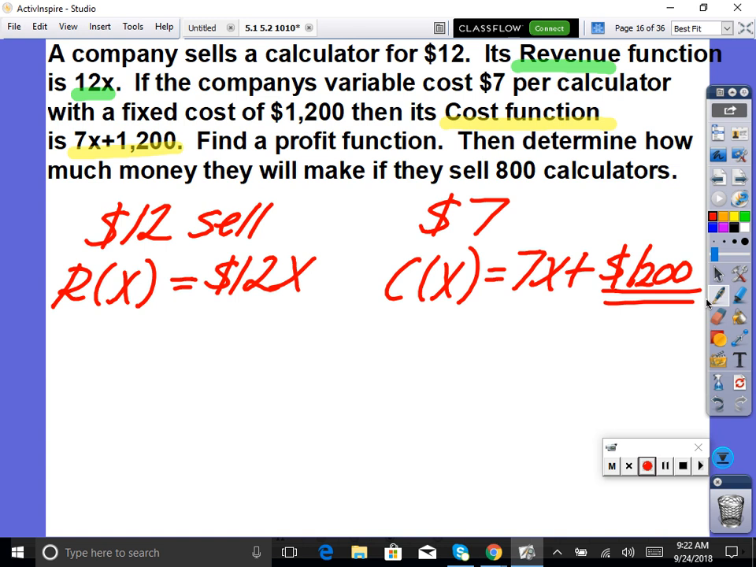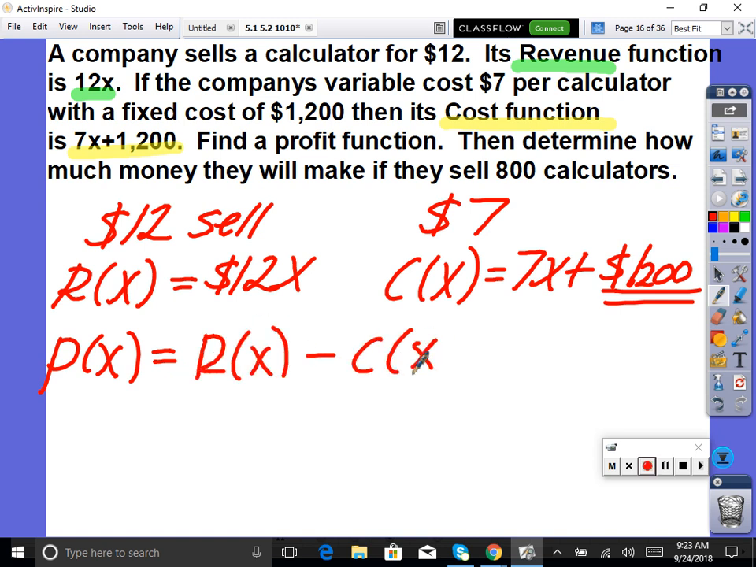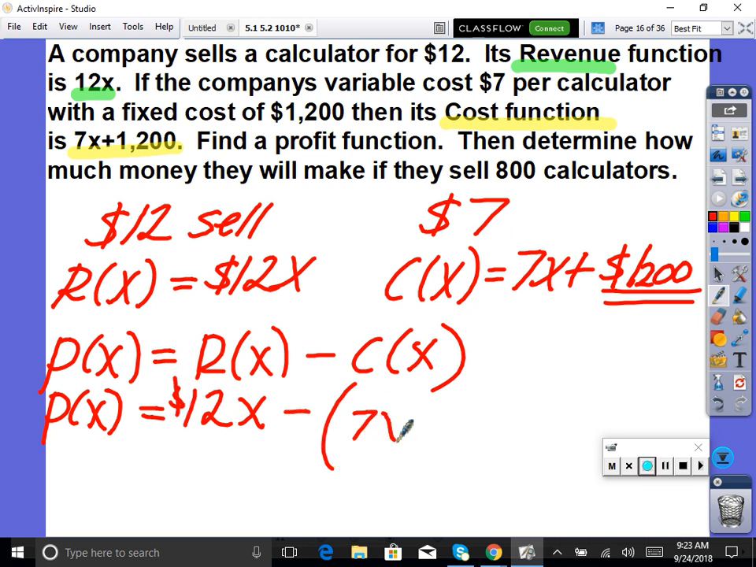Because $1,000 of rent, and then you're going to also have to pay for the product. So let's see what our profit function is. How much money are we going to make in the end? So we know the function. Our profit is equal to our revenue minus how much it cost us to make the product. So our profit, P of x, is equal to our R of x, 12x, minus parentheses 7x